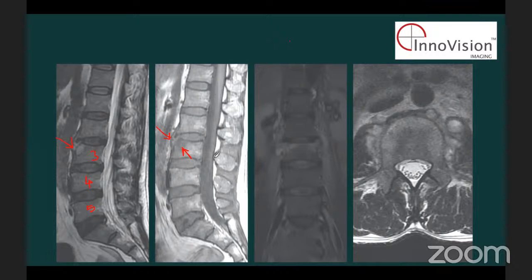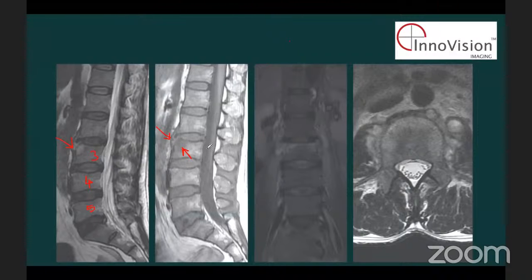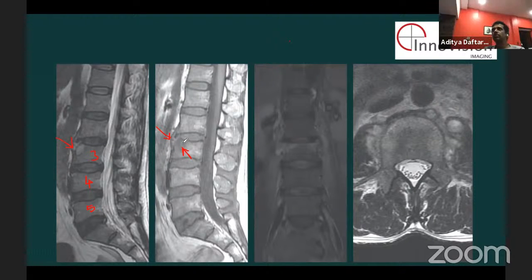Hypointensity on a T1 weighted image means that there is some... So low signal on T1 will typically be fluid. See this CSF here. Fluid. Yeah. CSF is dark fluid, and this is dark. Yeah. So basically low signal on a T1 weighted image is a very, very good sign of something being edema or fluid. Okay. So when you look at this, if you look at the T2 weighted image, you'll say this